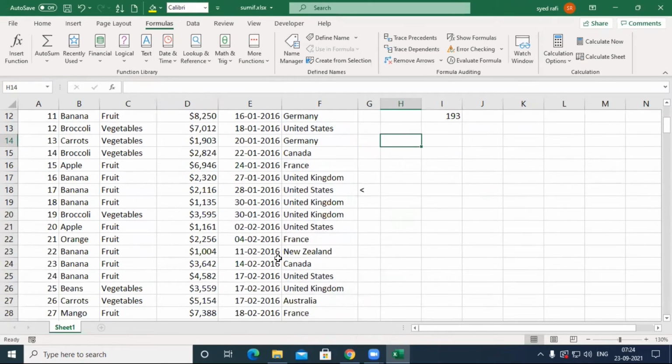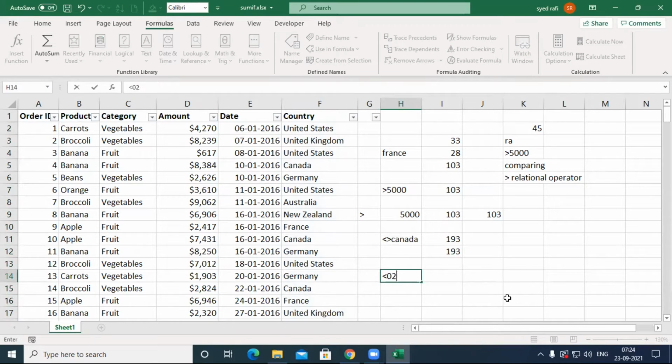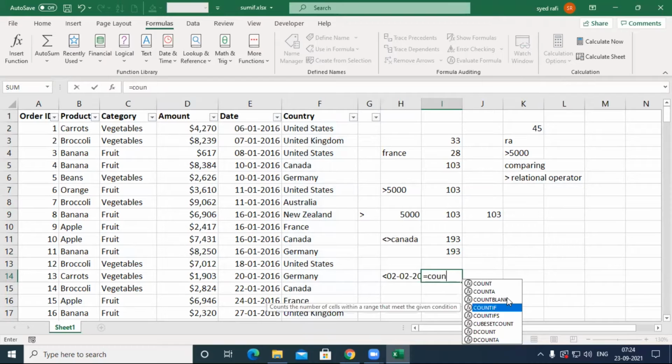I need to count how many days are below 2 to 2016. Below 2 to 2016, how many days are here? 19 days. So I define it like this, less than 2 to 2016. Now I want to define equal to COUNTIF.